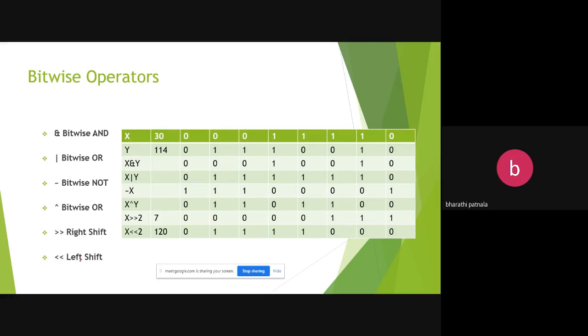For example, I am taking the x value as 30 and the y value as 114. So convert these decimal values into binary.